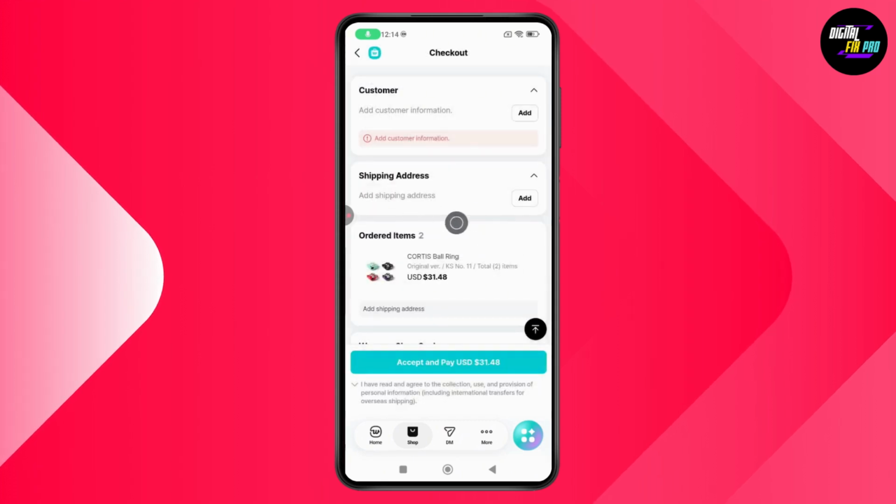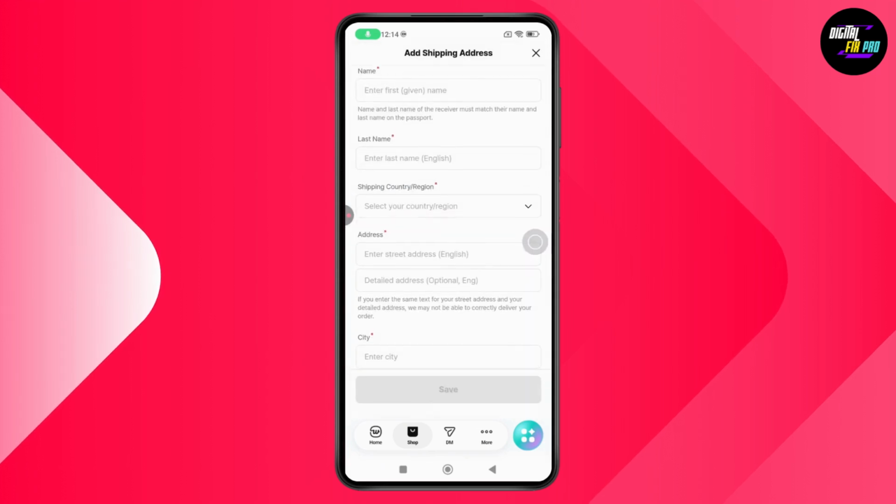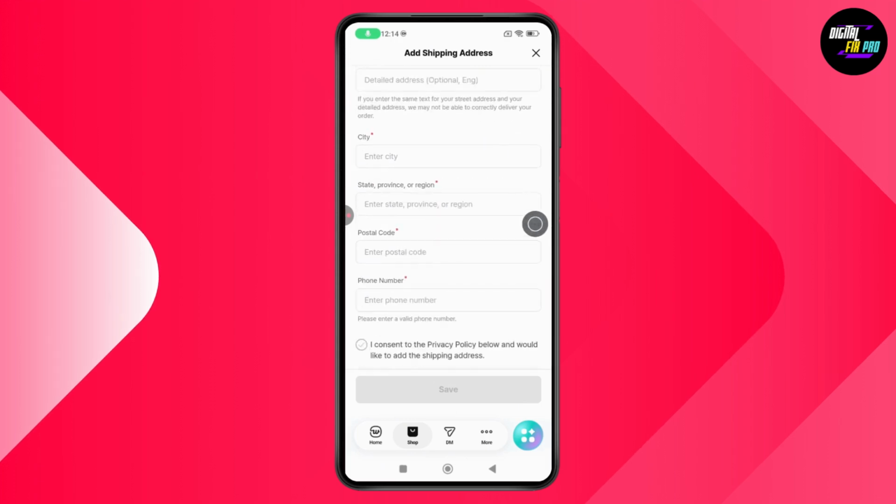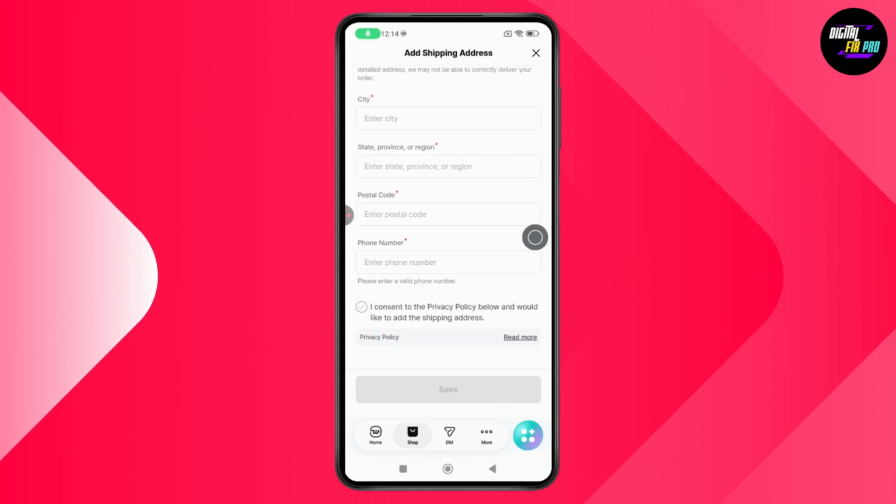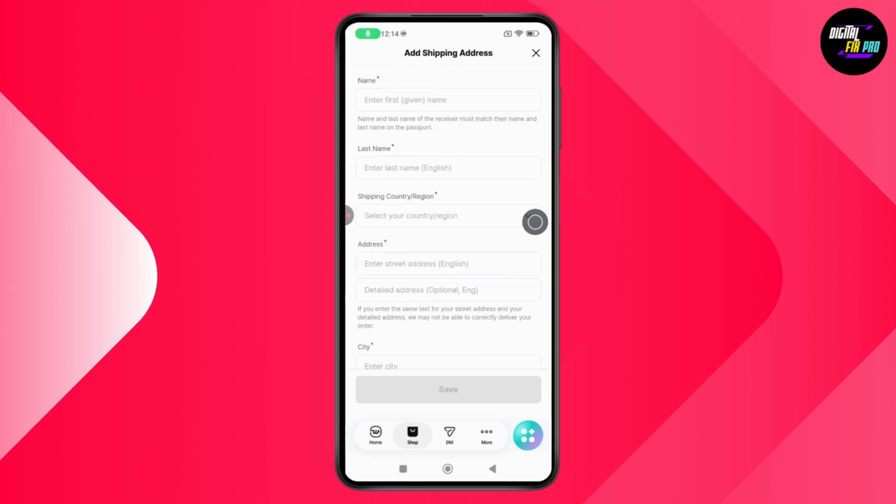After adding that, you need to add your shipping address. Click on add, which will be on the right side, and then add your name and then shipping country or your region, then your address, your city, and everything. After that, go with save, which will be on the bottom. And once done, you'll be able to pay